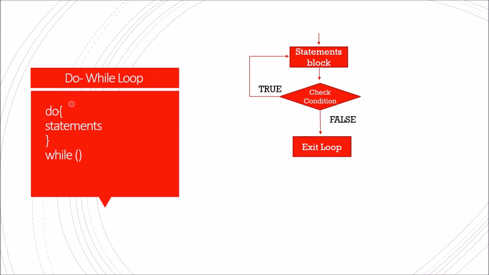So the format or syntax for the do while loop is this: the reserved word do, then two curly braces, and within these curly brackets we write the statements to be executed, and in the end we write while with two parentheses, which will hold the condition to be tested in order to repeat these statements within the do. This loop is used whenever we want a piece of code to be executed at least once,